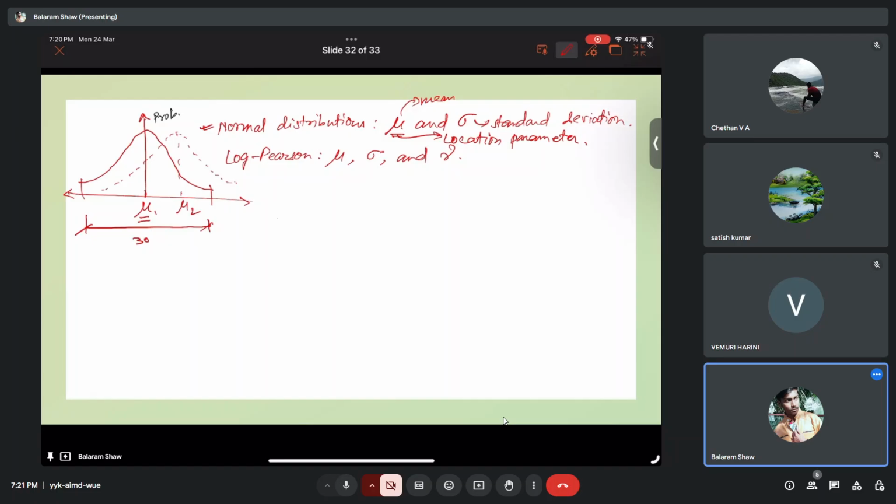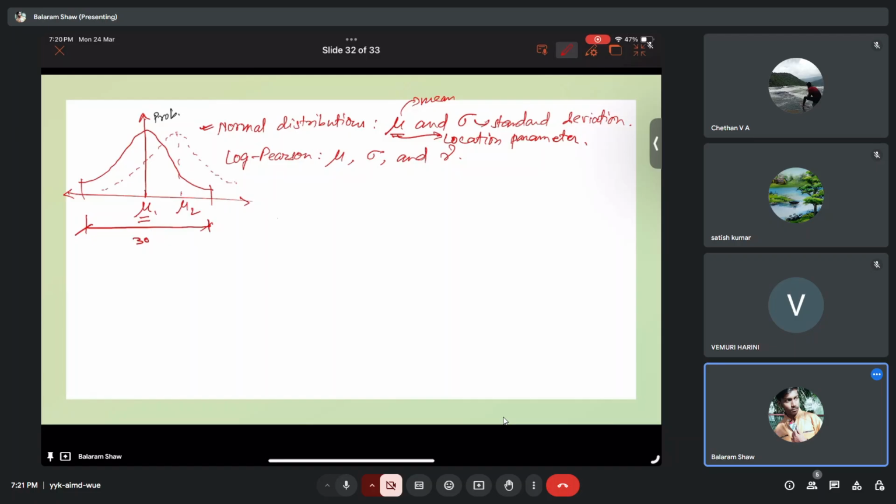Sorry, something like this. Why? Because now, see, the whole distribution follows the axiom that the summation of the probability will always be 1, or the area under the curve will always be 1, right? Now if you reduce the standard deviation, what will happen? The whole distribution should go,